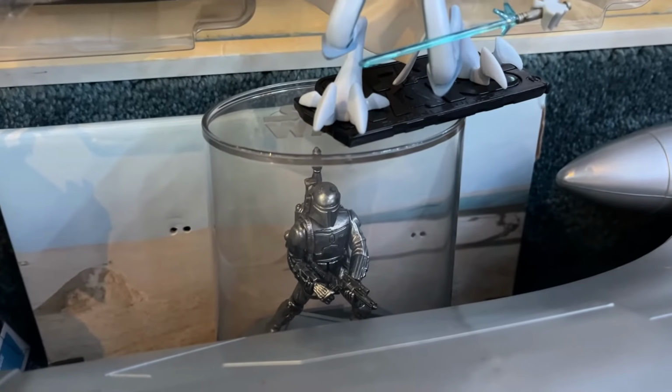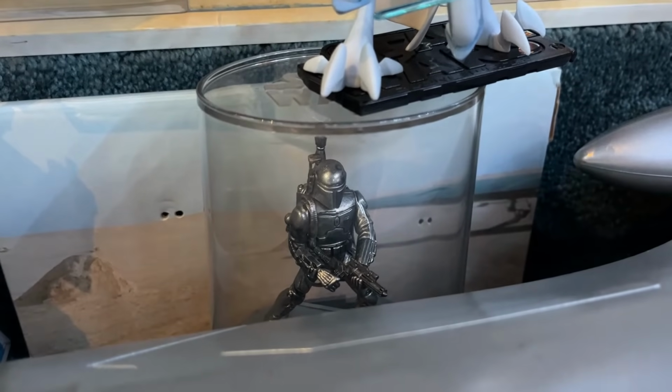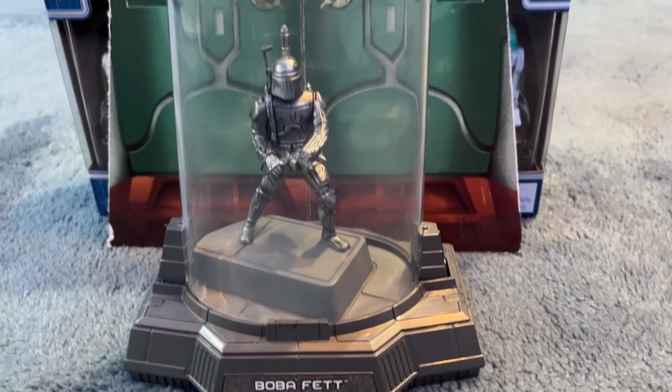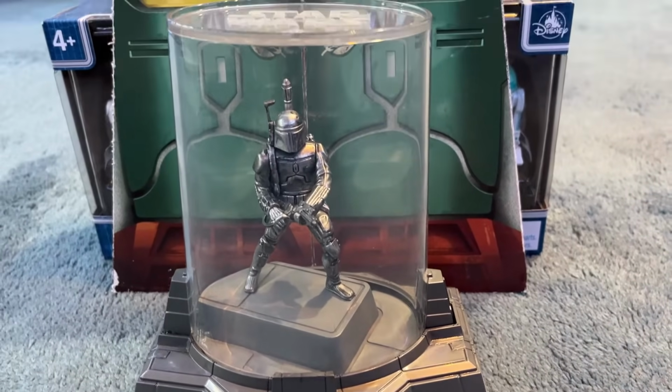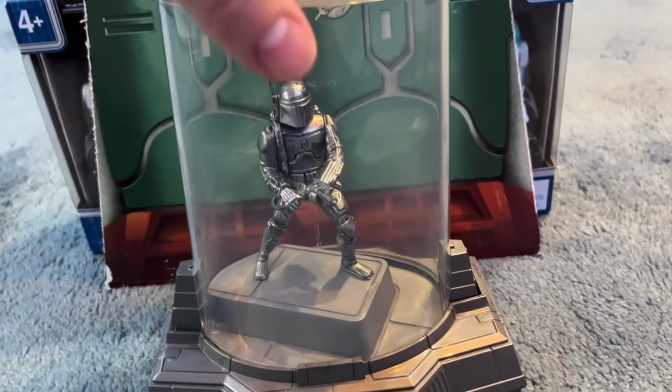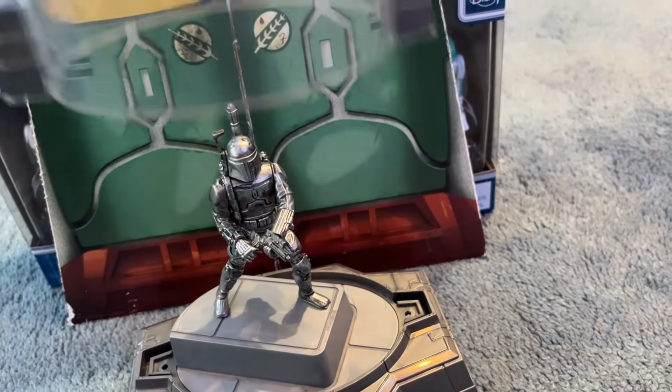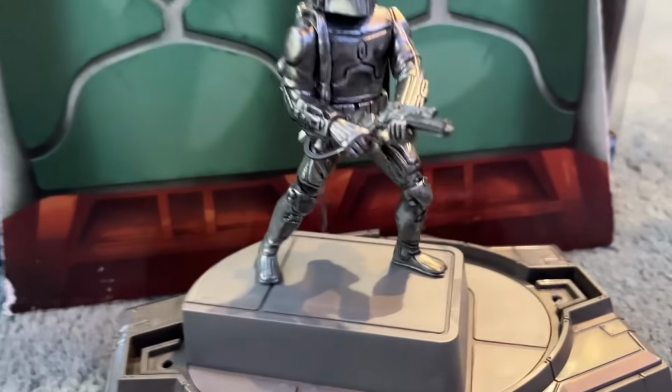That's probably the first version of Boba Fett with a removable helmet. Boba Fett comes displayed in this really neat display case here, and he's a die-cast figure, and he does have a really cool revealing feature, so we're just going to pull it off just to show you there. It's got a Star Wars logo there on top. We're just going to be careful taking that off, and then we can see we have a 3¾ inch version